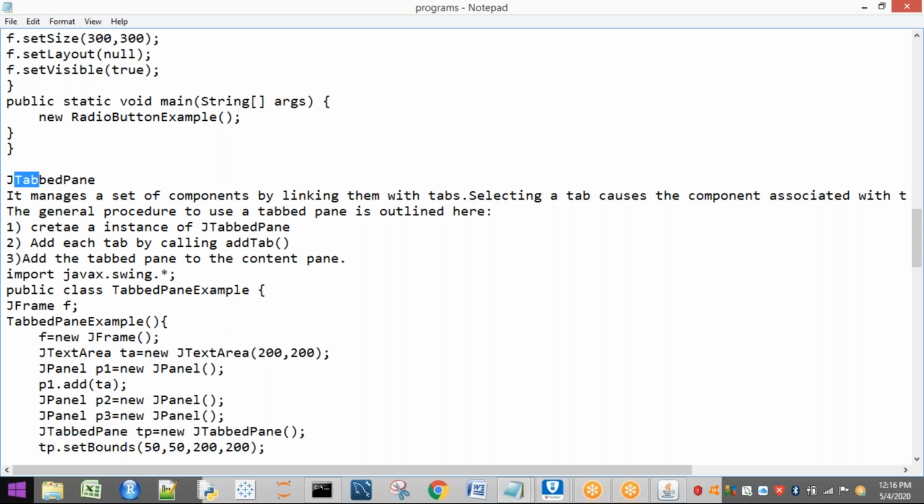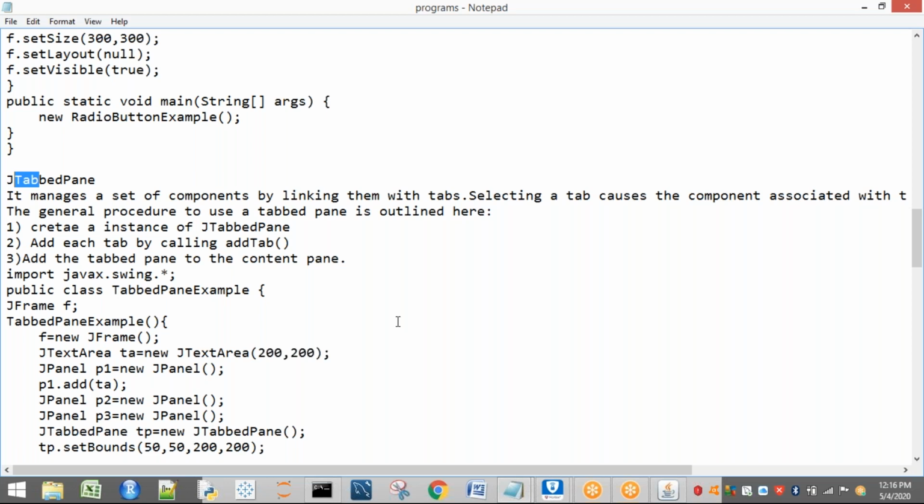Already you know all these are tabs. Here, each and every one you are observing is a tab. Or if you consider our Google Chrome, each and every one is a tab, a new tab. Those are called tabs. Whenever you select one tab, it is highlighted or pressed. If you select one more, that one is selected. At a time, how many tabs can be selected? Only one tab can be selected. So this is the concept of tabs.